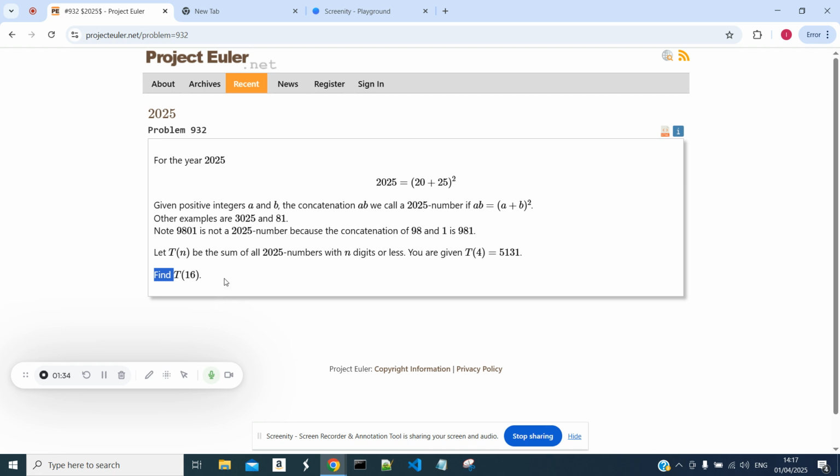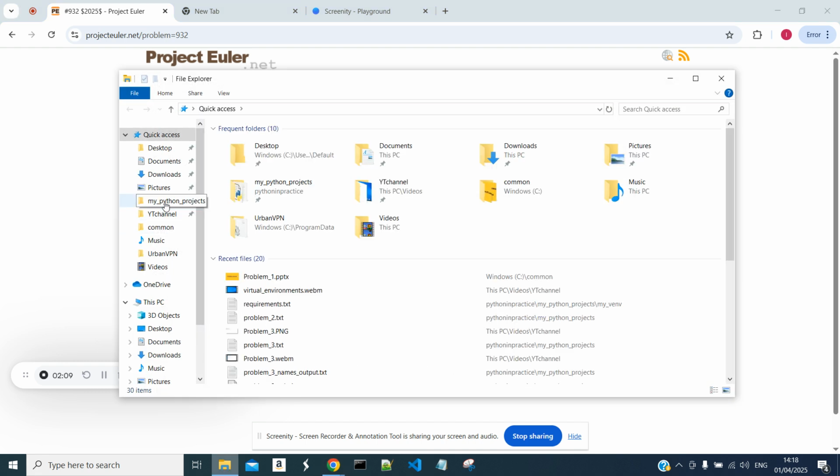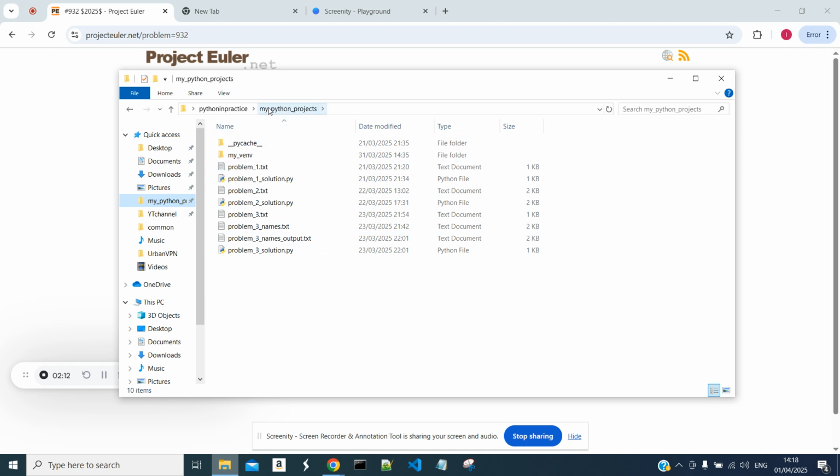So we will not solve the problem as it is, but first I will validate that T4 equals this number, and maybe we will try to find some other options like T5 or T6 and see where Python can reach on my machine. So first of all, we will visit my Python projects as usual, and we will create